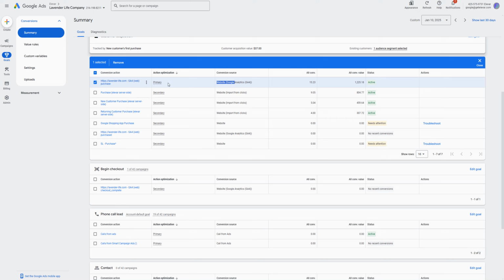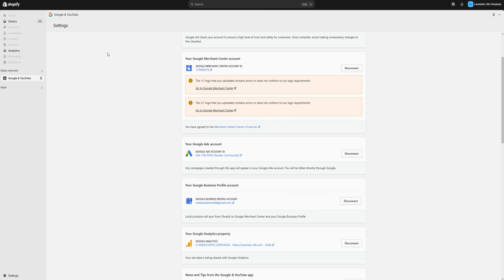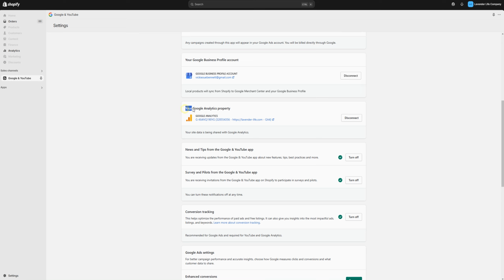conversion in Google Ads. So as you can see here, you are using Google Analytics 4 imported conversions. So meaning all those purchase data in GA4 that could be attributed to a Google Ads conversion will be imported here in Google Ads. And the reason why this is inflating, or over-reporting, is because you are sending